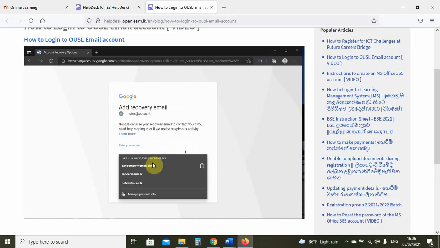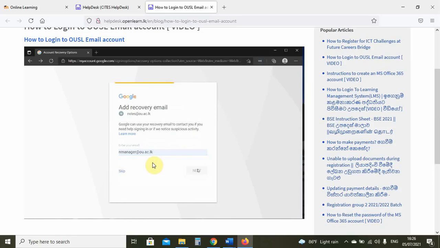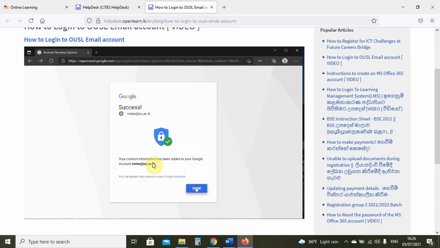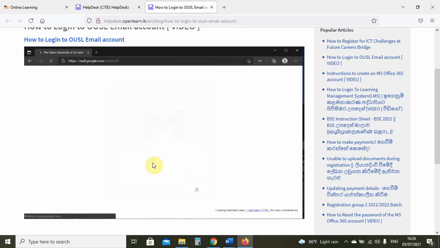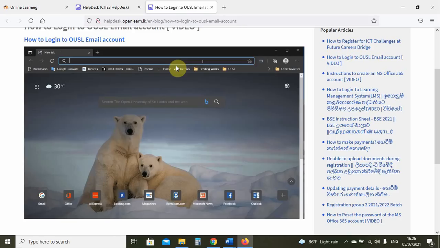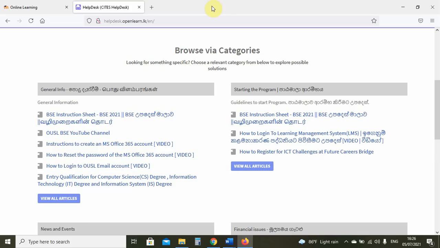So when you set the recovery methods, it sends you a code to the mobile phone number and to the email address, because Google is checking about it. So please review this GIF very carefully on the help desk and follow all the steps to set up your account.